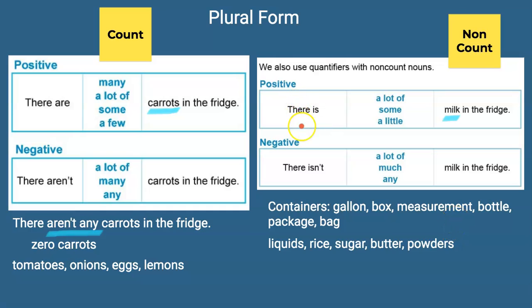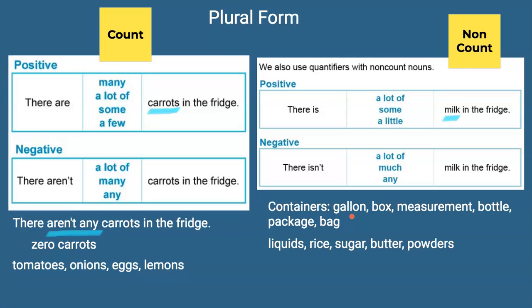For example, under a positive statement, there is a lot of milk in the fridge. There is a lot of milk in the fridge. How many? There is a lot, but can you measure it? We still don't know unless we put them inside a bottle or a box or a gallon. So, for example, we say there is a gallon of milk in the fridge, meaning there is 1 gallon of milk in the fridge. It is still in singular form unless we say there are 2 gallons of milk in